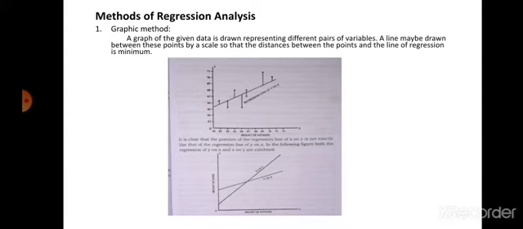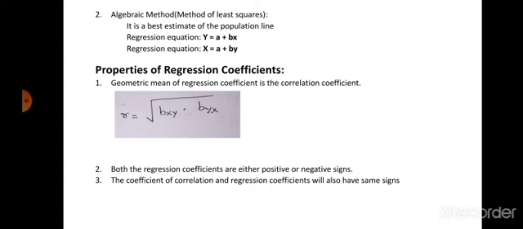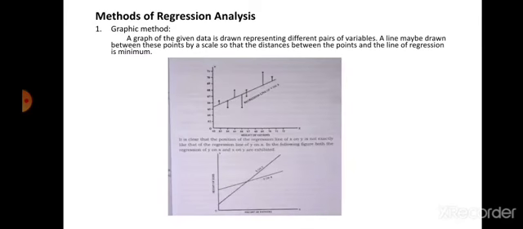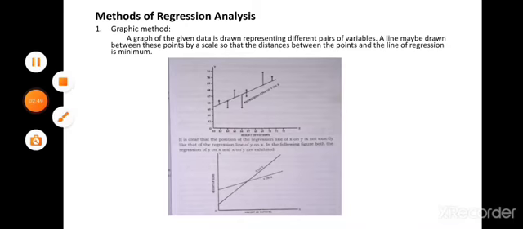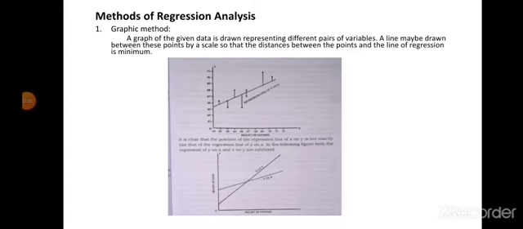Let us understand it with the help of an example. The height of father and height of son is given. The diagram given below shows the height of fathers on the x-axis and height of sons on the y-axis. You notice the curve is there. We have drawn again like a line. Here you notice the height of fathers and the height of sons. It is clear that the position of the regression line of x on y is not exactly like that of the regression line of y on x. They are different, which has been shown in the problem.